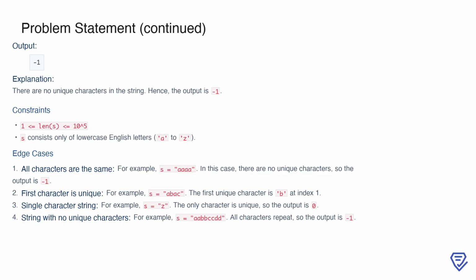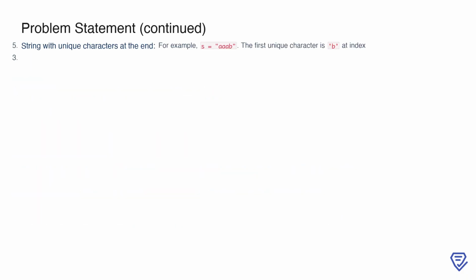Similarly, for a single character string, such as S equals Z, the only character is unique, so the output is 0. Finally, let's examine a case where the unique character appears at the very end of the string. For example, in S equals OOOB, the first and only unique character is B, appearing at index 3. These examples and constraints give us a solid understanding of the problem requirements and the scenarios we need to handle